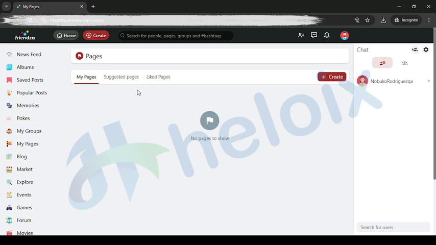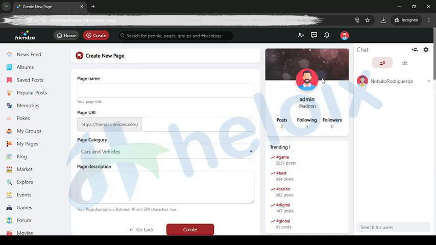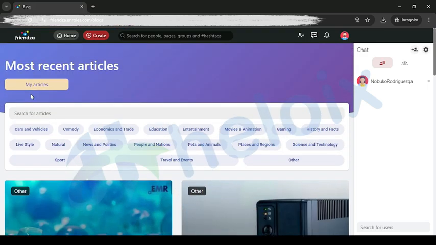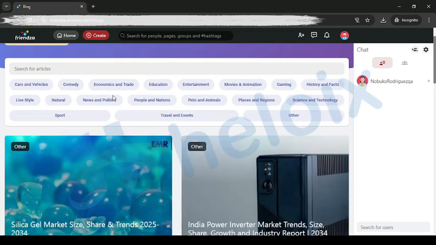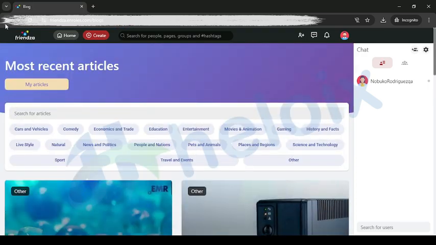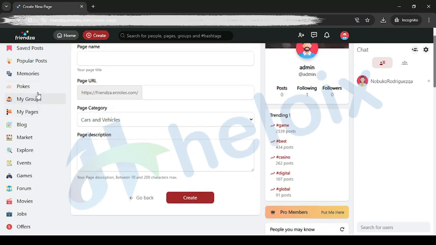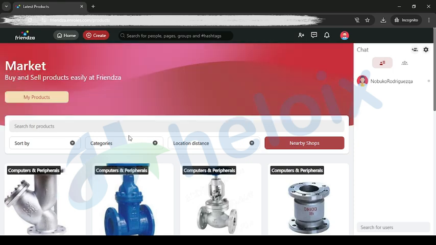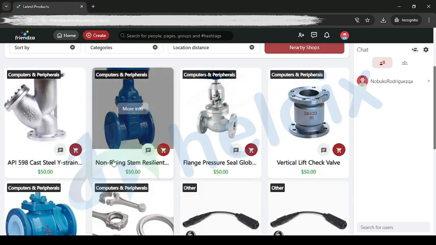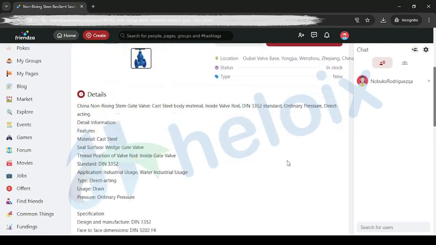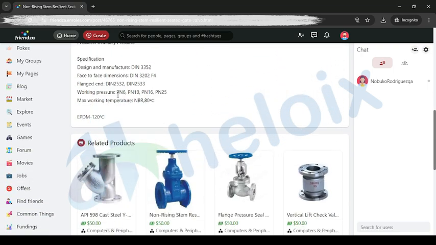This is the pages data, you can check pages. You can create multiple pages. After that, blog, so you can create your blog, or you can create multiple articles, or you can check who has already done so. Okay, after that we have other things as well, like market. So in Facebook, marketplace is there, so this is the marketplace, so your user can easily buy any product they want to buy from the market area.